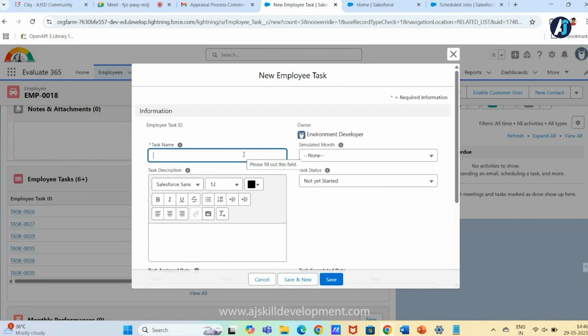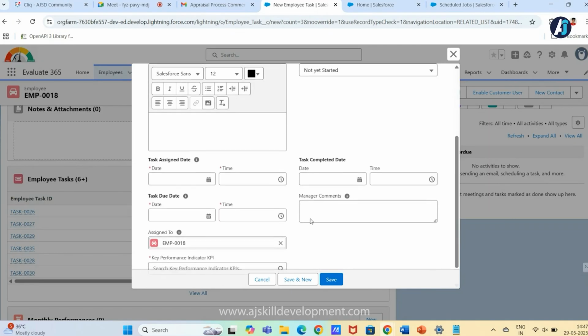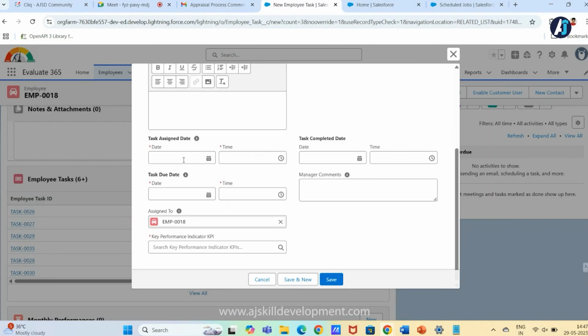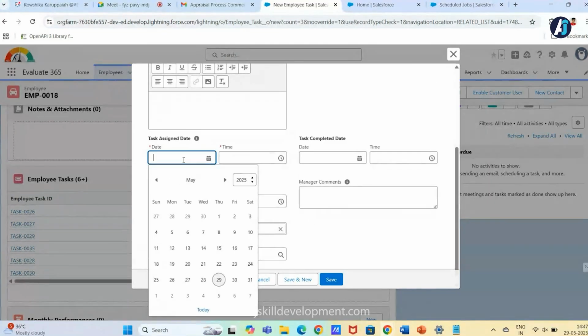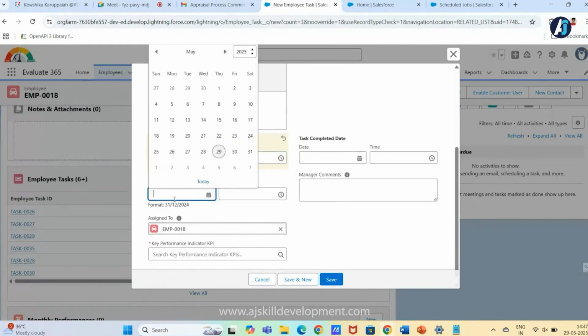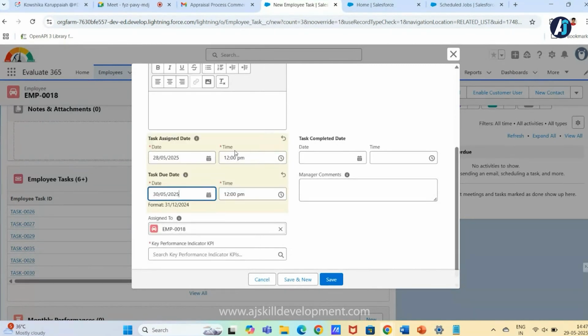I'll give the assign date, and also the due date. Due date is tomorrow; he needs to complete it tomorrow.